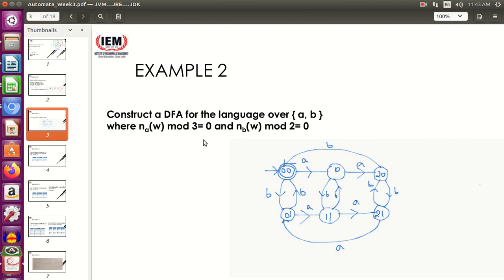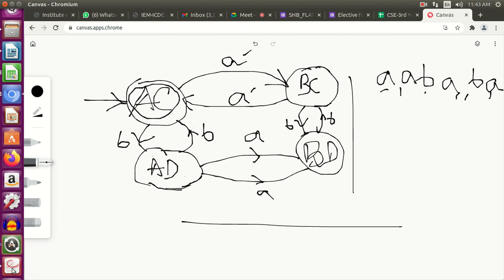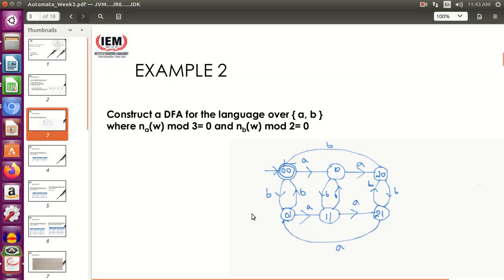Clear? So following this trend which I had shown you just now, I was counting the number of A's horizontally and the number of B's vertically. If you follow the same rule and try to solve this problem, it will be very fast, easier, in fact very quick. So you start at a state and you know what information you have. I have to count the number of A's horizontally, right?